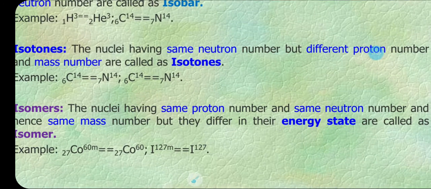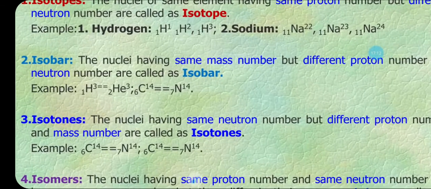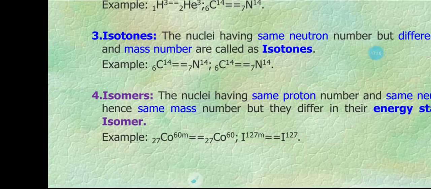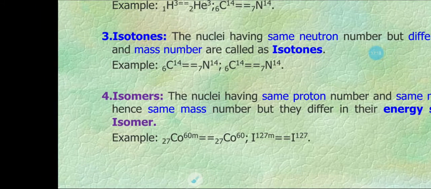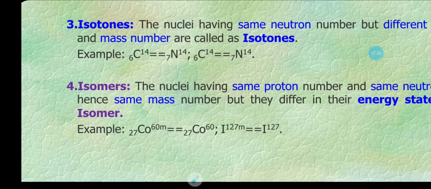So what is the example here? C6 13 and nitrogen 7 14. So this is about isotones. Okay. So last is